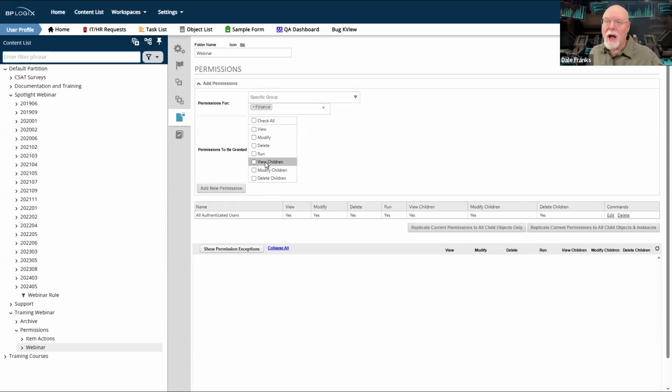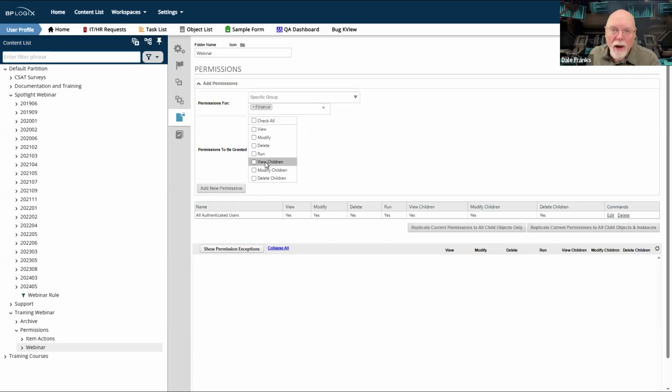And by the way, this is not an uncommon tech support question that comes in from new customers when they say, hey, I want my users to be able to run this knowledge view and see these form instances, but none of them are showing up. The answer is almost always, well, you need to have view children permission on all of those form instances.